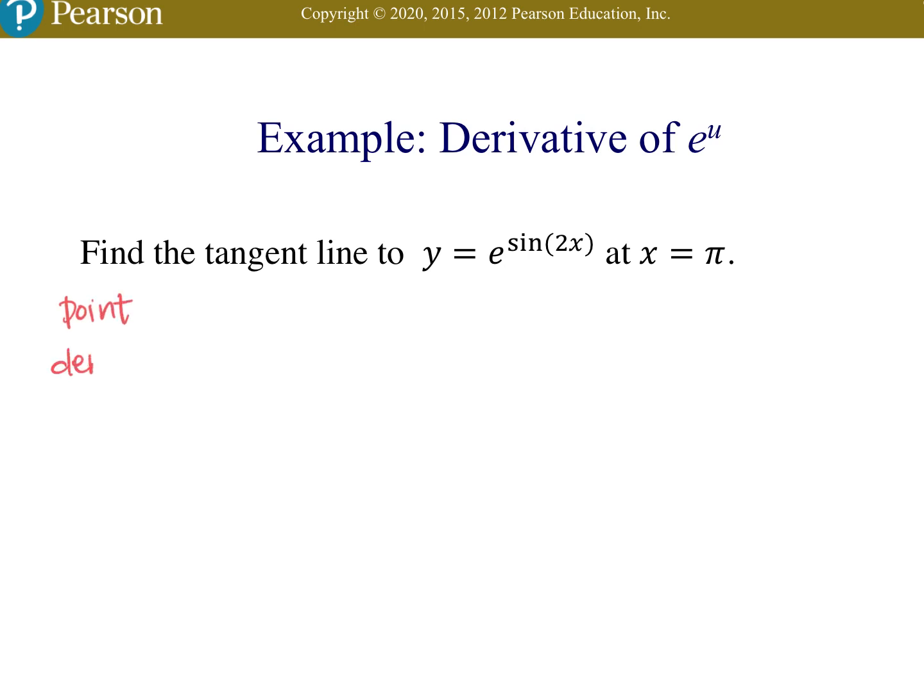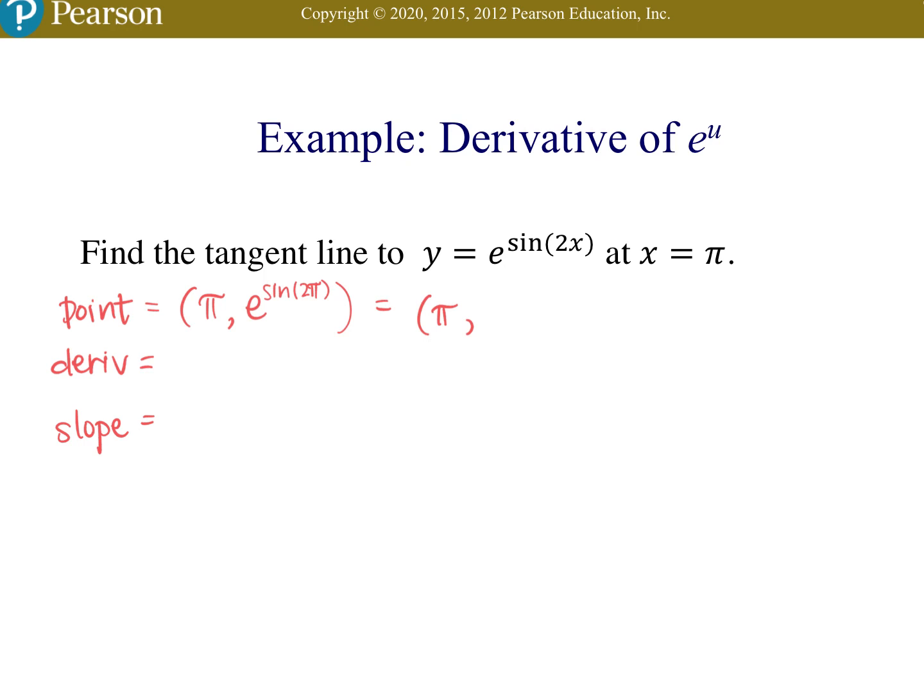Then we'll figure out the derivative. And then we'll be able to evaluate what the slope is. All right, so the point of tangency starts with pi. And then it'll be comma e to the sine of 2 pi. It's probably a calculator question. No. So now we can figure that out because everybody should know without a calculator, Sean, what sine 2 pi